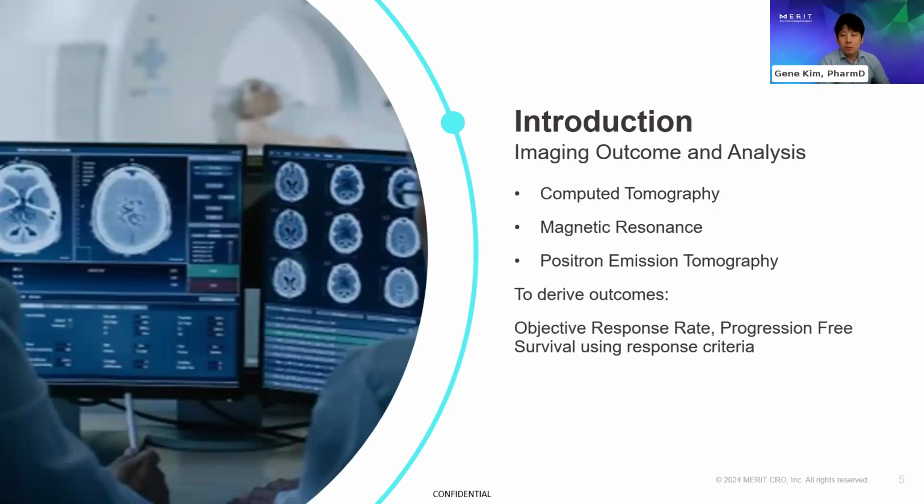As we talk more about imaging review, there are various outcomes that are supported by the data derived from reviewing the images. Such images are CT, MR, PET, X-ray, bone scans, and other radiographic modalities, especially when it comes to oncology trials. Oftentimes, qualitative and quantitative assessments collected while reviewing these images will lead into the analysis of the objective response rate and progression-free survival using specific rules such as the tumor response criteria.